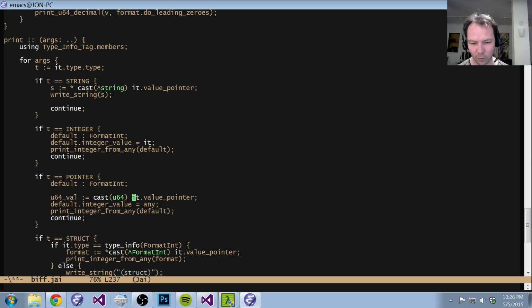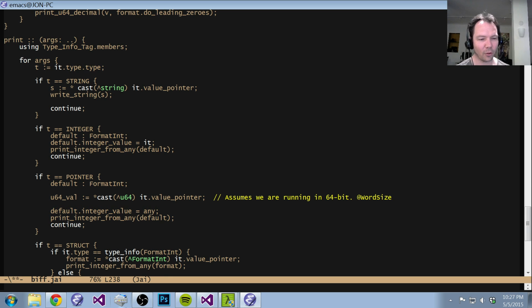How do we want to do this? Let's try this. Star cast pointer to U64, it.value pointer. Is a little bit dangerous, right? This assumes we are running in 64-bit. We could clean that up later, maybe. Just tired, so the first thing that enters into my brain is what's coming out. So that's going to be a cast to U64, and